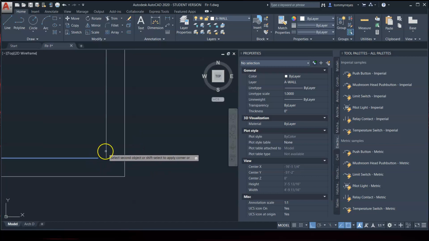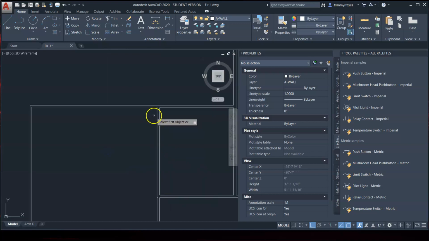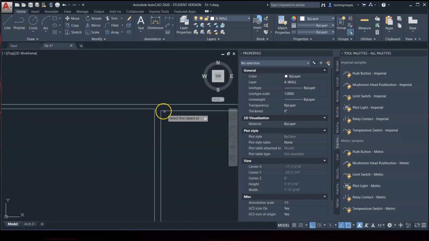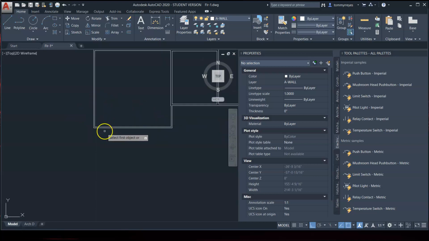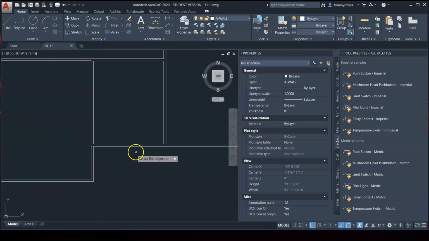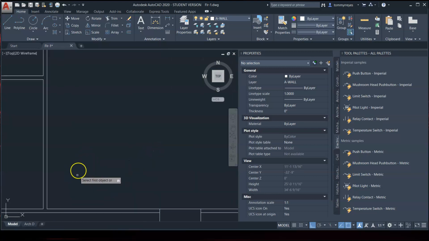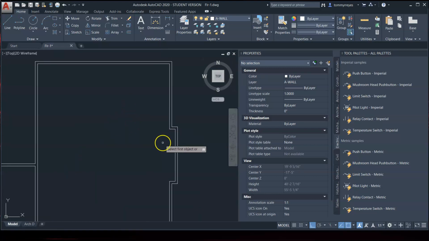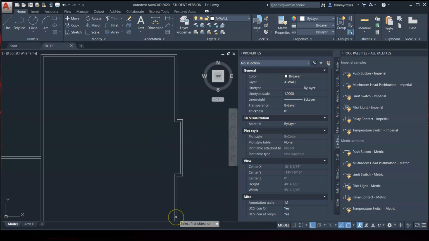Again, don't forget to clean up and inspect all your corners and make sure that they're all connecting. That is critical. All right, so looks like we're going to do more walls on the interior when we turn over to page 418. And we'll go ahead and make that part of part 3 of this exercise. And so let me go ahead and save this, Control S, and I'll be back for part